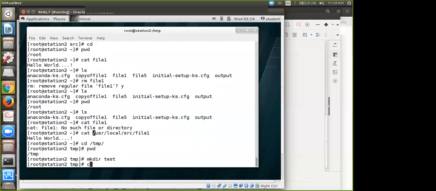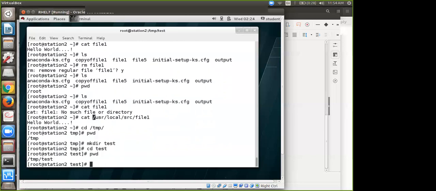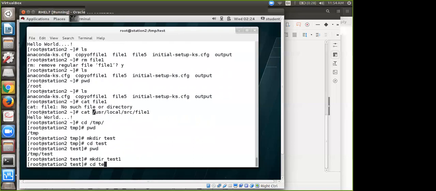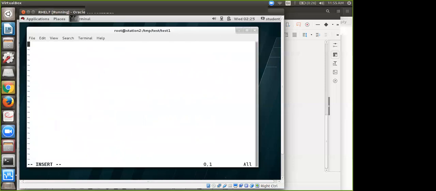Now I created a directory. I'll go into the directory. My present working directory is what? /tmp/test. Here I'm going to create one more directory, mkdir test1. cd test1. pwd is what? /tmp/test/test1. Here I'll create one file, vim file99. Insert hello